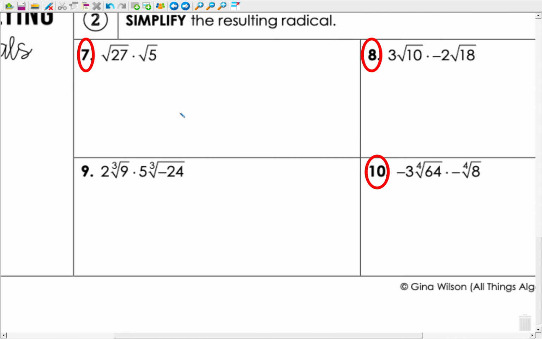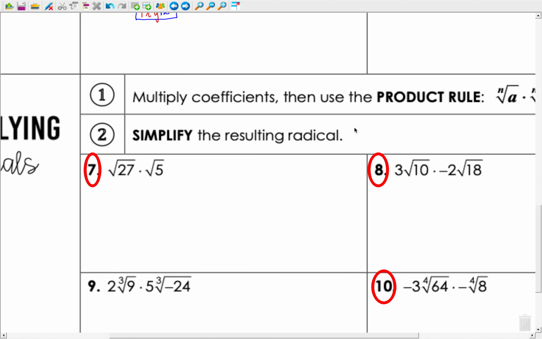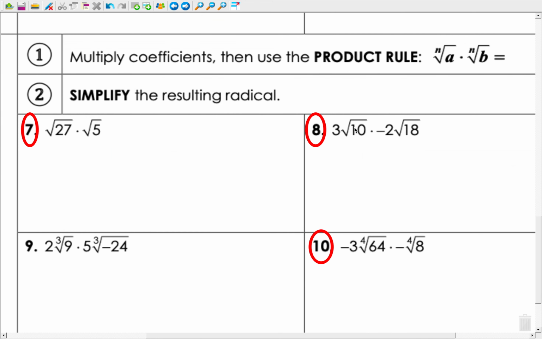We are multiplying radicals. When you multiply radicals, you work differently than when you add and subtract. When you add and subtract, you first simplify your radicals and then proceed to combining like terms. But when you multiply, you first multiply using the product rule and then simplify the radical. So multiply your coefficients, the numbers on the outside, and then use the product